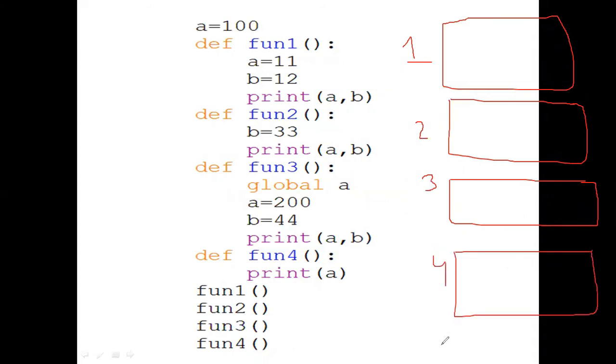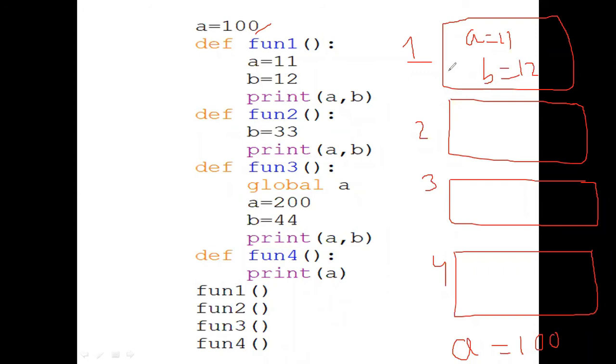Outside of the functions, I define a equals 100. In function 1, a equals 11, b equals 12. I define these inside the function.